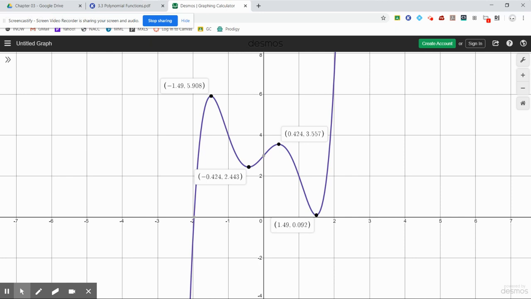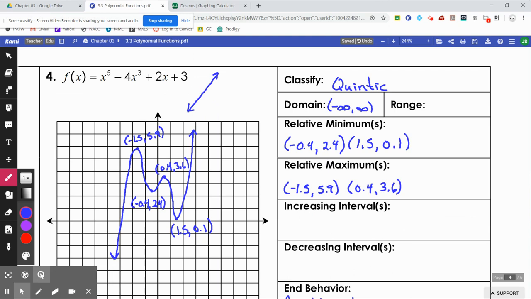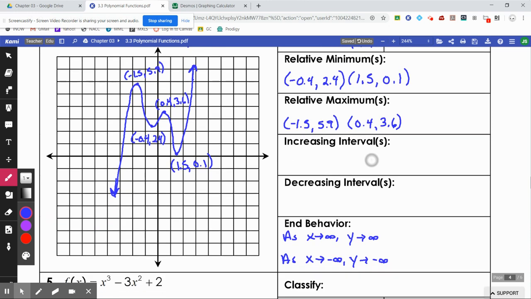Let's go ahead and write those down and plot those points on our graph. Okay, so there's a sketch of our graph along with our relative minimums and maximums. We can go ahead and take care of the range. My graph goes down forever and up forever, so my range would be all real numbers. My increasing and decreasing, okay, from negative infinity up to this point right here, my graph increases,